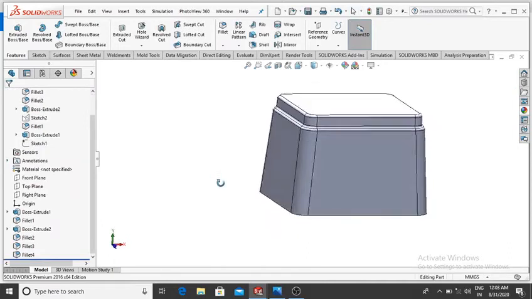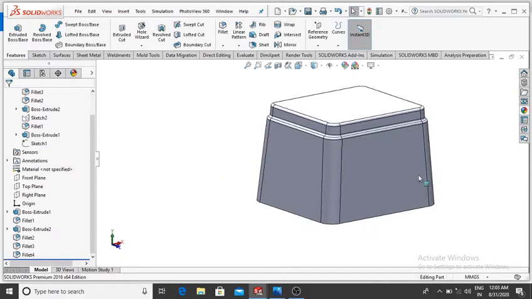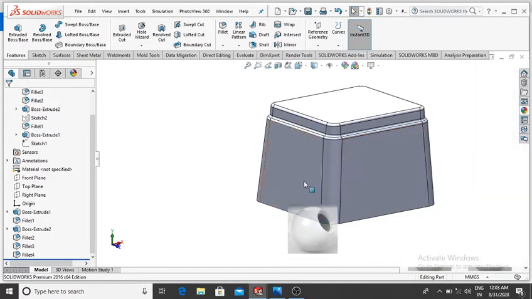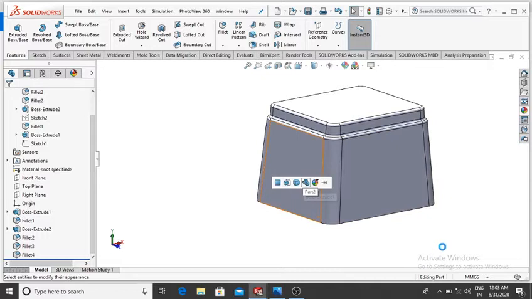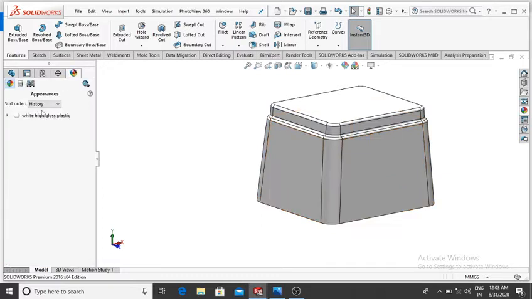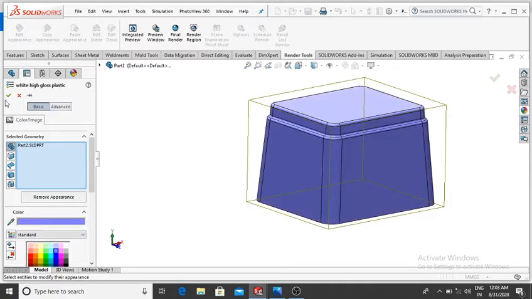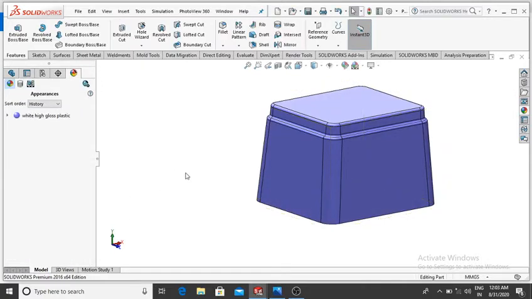Now let's apply the material to this stool. So go to the appearance and here select the plastic and select high gloss plastic, then simply select and drag to this part, then OK. Now here change the color. So select and double click and make it blue, then OK,